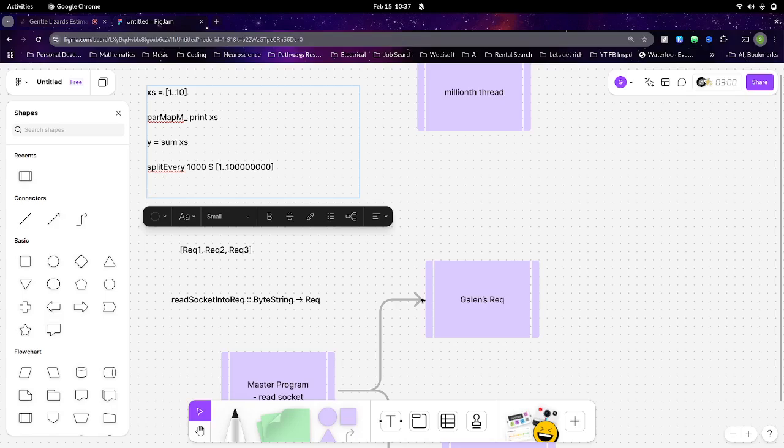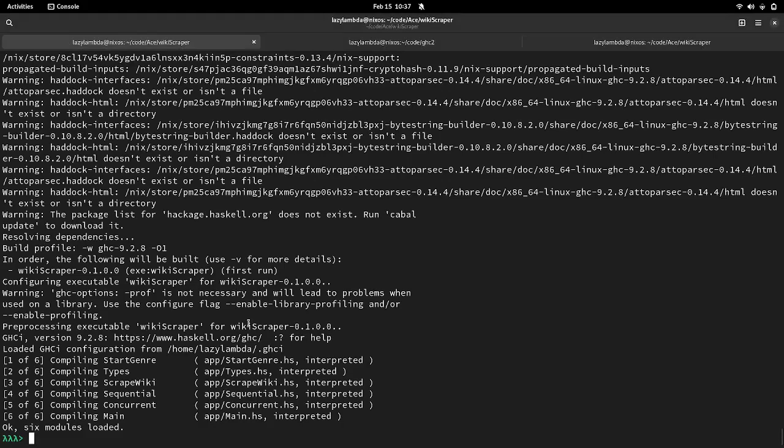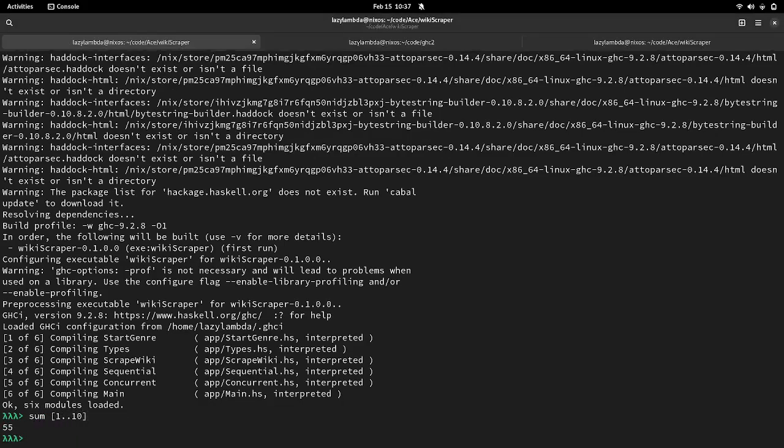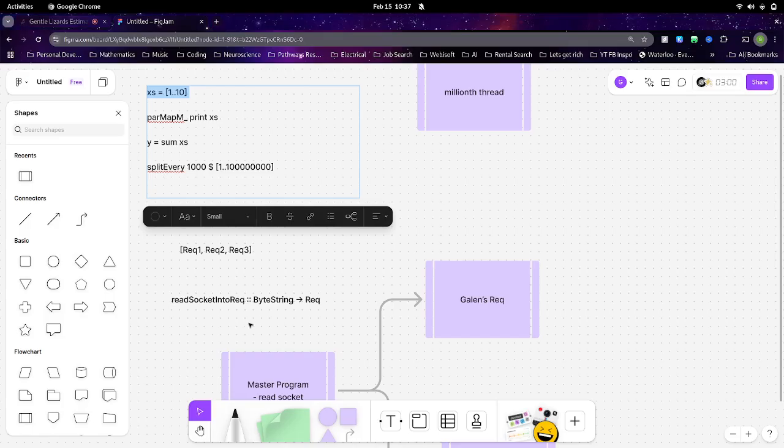Let's say this is a contrived example, but let's say it takes 3 seconds to fork a thread. You wouldn't want to do that for this, because you could in a second say what's the sum of 1 to 10, and you get 55. That's very simple.